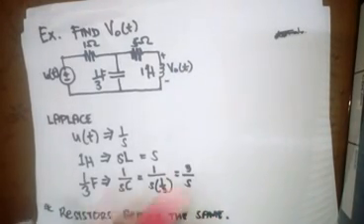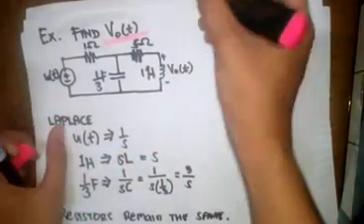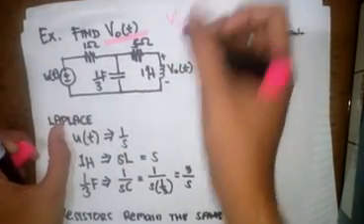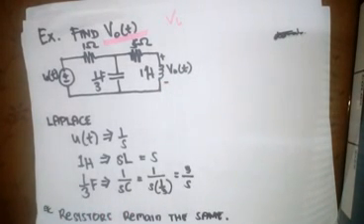Our goal is to find v sub o of t, which is basically V sub L, the voltage drop across the inductor. First, from the steps, remember that we have to transform